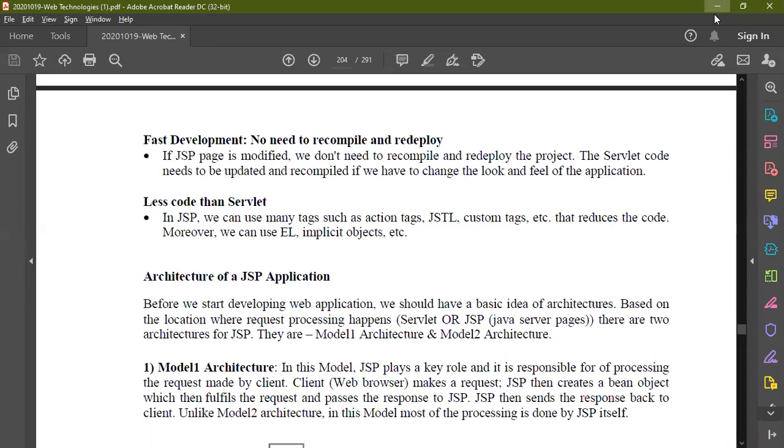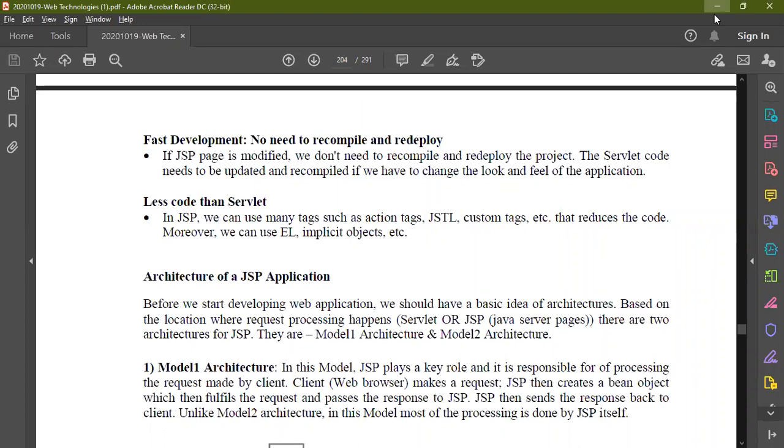Here you can say new and create a project. For this you have to select a dynamic web project. I'm repeating it again. If you have Eclipse IDE, you have to download the Eclipse Enterprise Edition, the development edition.